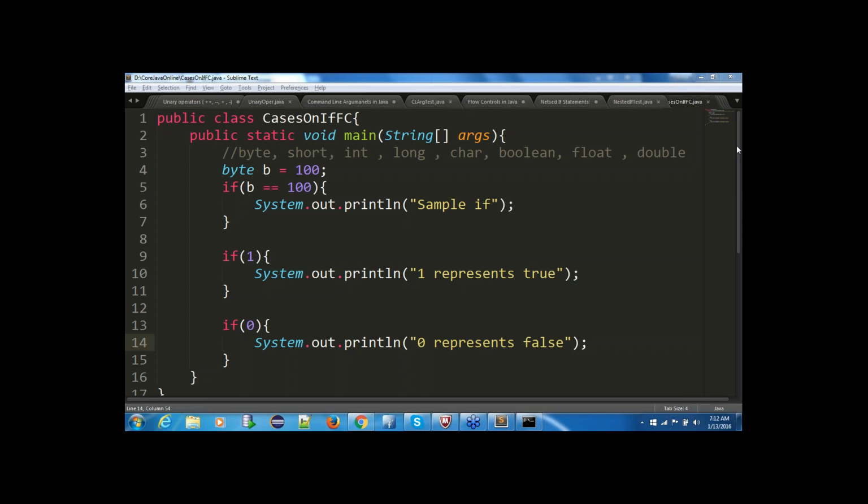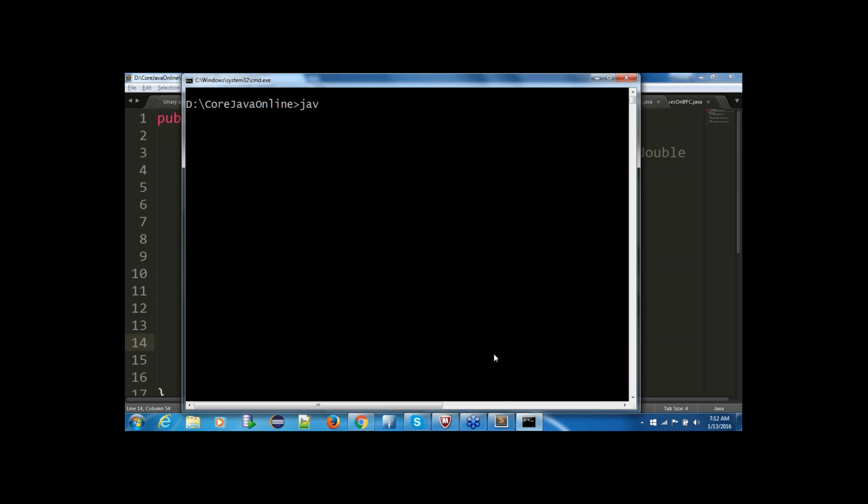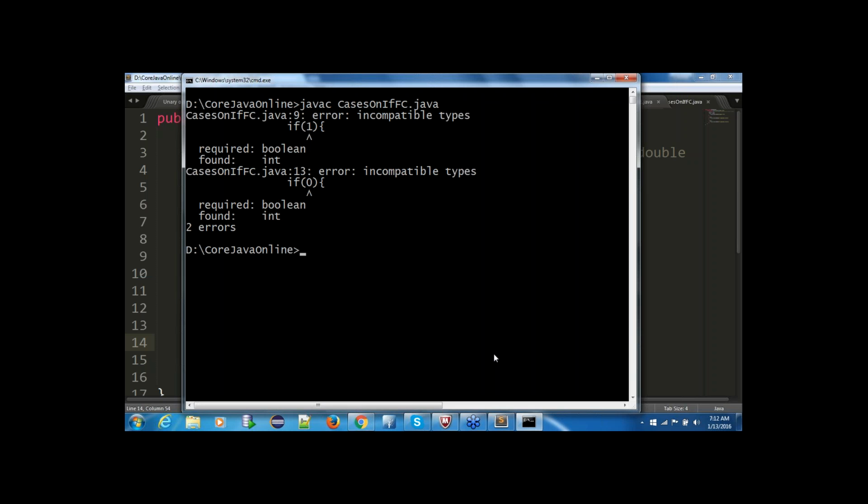Now let us ask the compiler what it will say. The compiler will give you a slap, saying incompatible types. Incompatible types, sir. We feel that in binary representation 1 represents true and 0 represents false, but